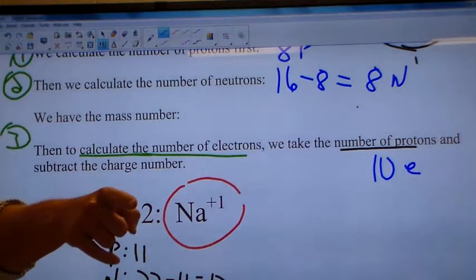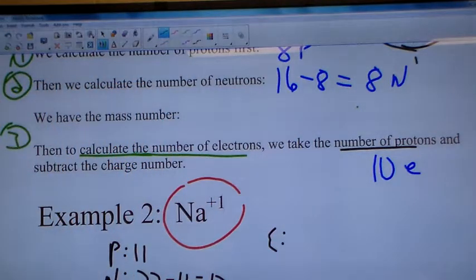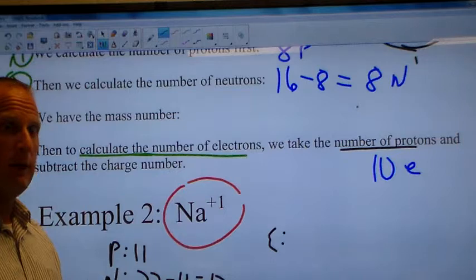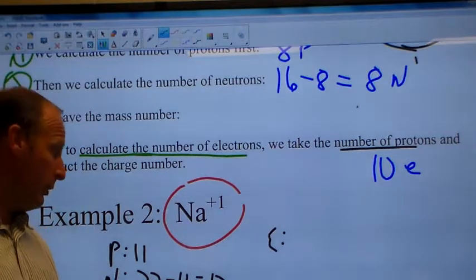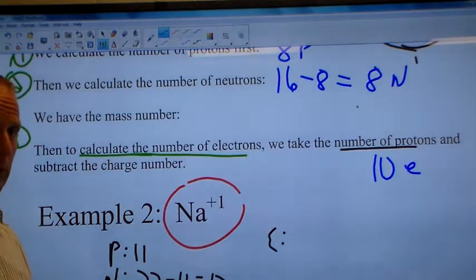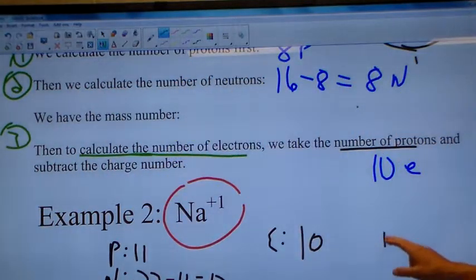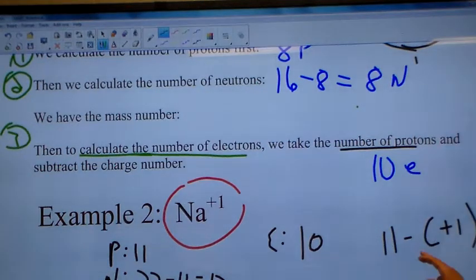Okay, right here. How many electrons would I have here if I had 1 more plus? I have 1 more plus, which means 1 more proton than I would have electrons. Remember, we adjust the electrons, so 10 electrons. If I have 1 more proton than electrons, the protons cannot change. That's set. So adjust your electrons to where this atom would have 1 more proton. 10. Okay? If you can't do it in your head, then you would take 11 minus the plus 1. 11 minus the plus 1 is